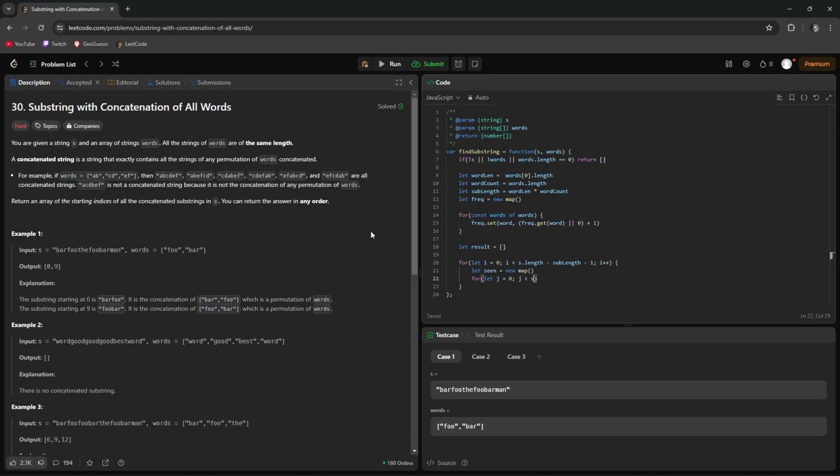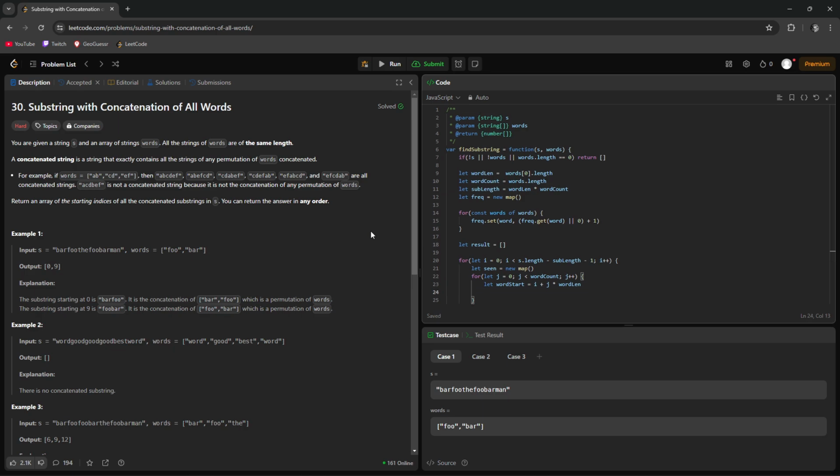J less than the word count, since that'll be the max. And then the word start is going to be I plus j times word len. And then our word is going to be equal to s dot substring word start and word start plus word len,